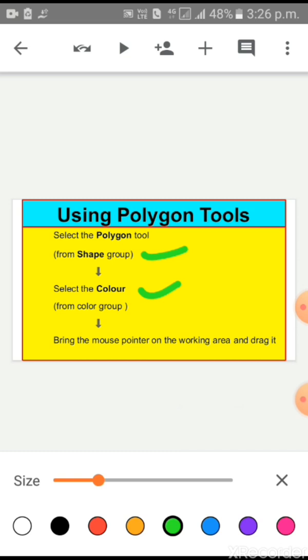From the color group, you choose the color and take the shape from the shape group. Lastly, you bring the mouse to the working area and drag it. Okay?